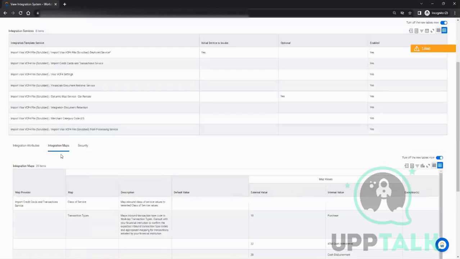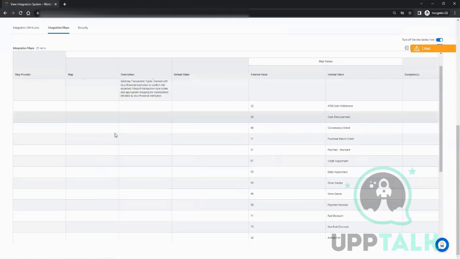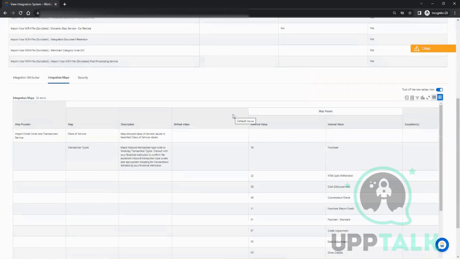Okay, then comes the integration maps, right? So now what is an integration map? Integration map is something which helps you in configuring internal versus external values. Example, say it is an outbound integration, where you are sending data out from Workday to a vendor using a connector. Now in that, the vendor says the requirement is for male you send M, for female you send F, right? So that way it will have that kind of map where you will say internal value is male and external value is M,